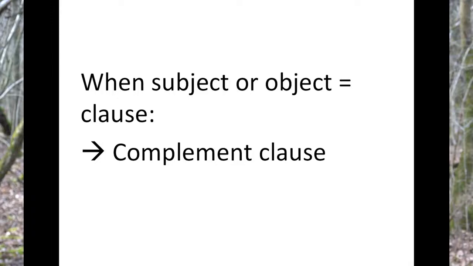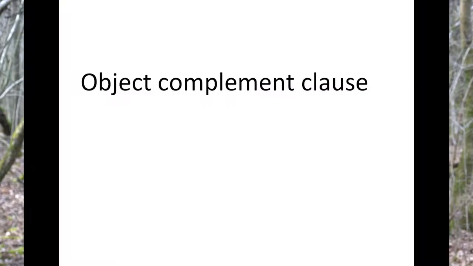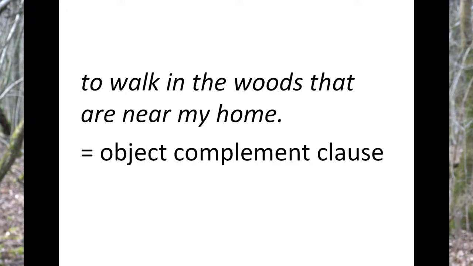Our object contains a predicate, so our object is a clause within the main clause, I like something. And when a subject or object within a main clause is a clause in its own right, we call it a complement clause. And you can check out my video on complement clauses that explains this a bit further. So here we're dealing with an object complement clause. And we found that by looking for subjects and objects earlier.